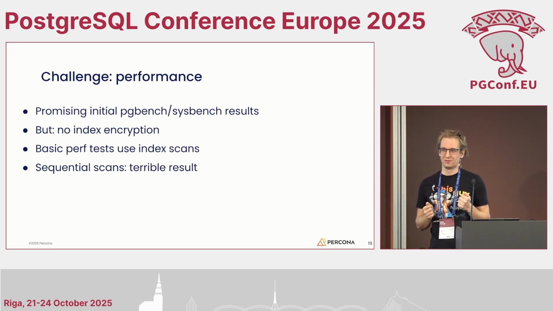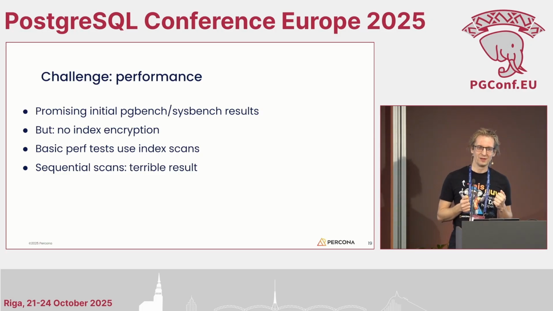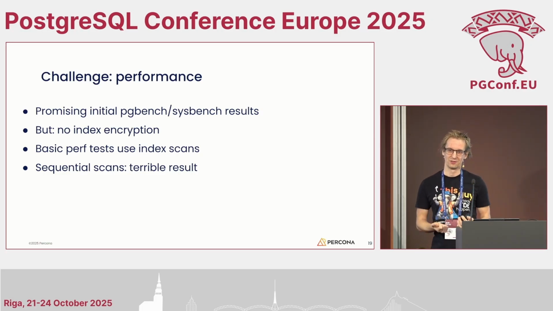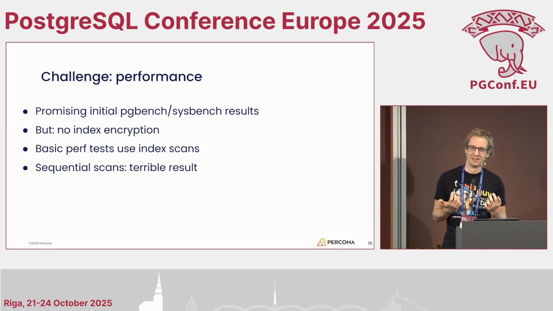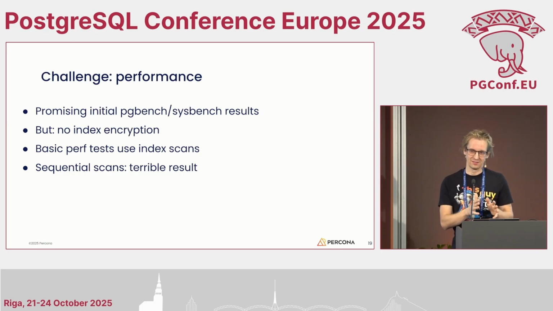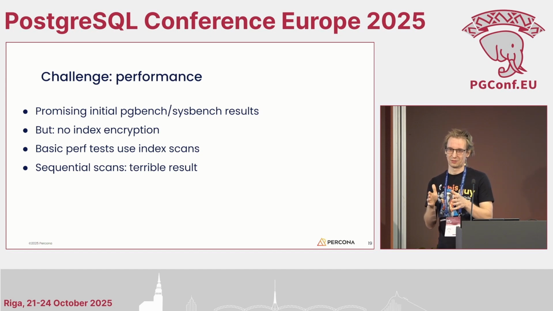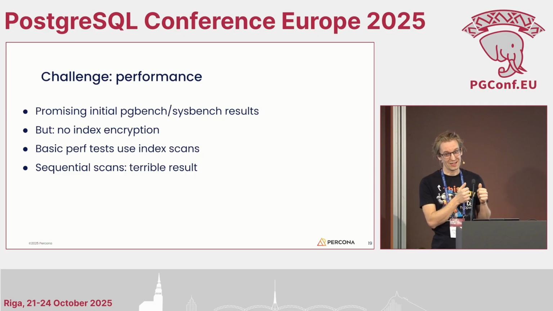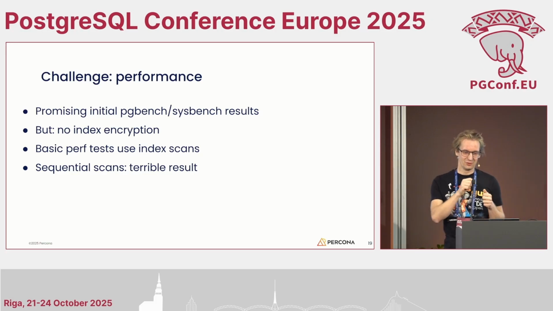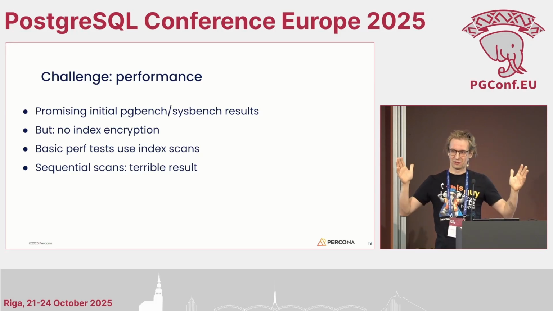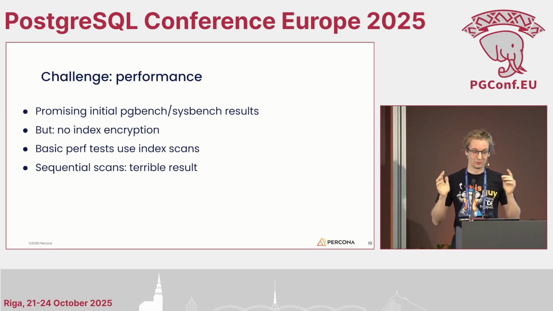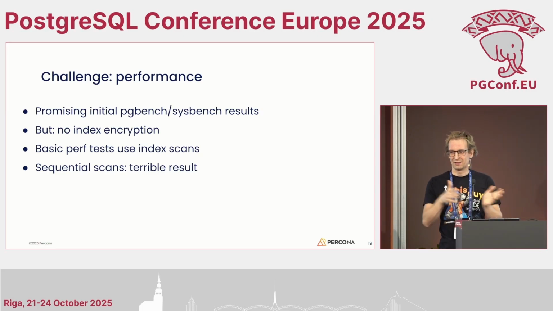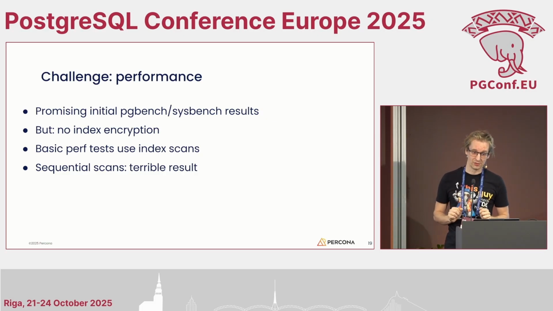But then the thing is, we didn't have index encryption. And all those basic tests that people usually use for testing the performance of databases use index scans. So actually, very little time in those tests is spent on reading or writing actual database rows. Most of the time is spent in indexes. Because of this, after a time, we tried sequential scans and realized that we have a terrible performance drop there. Because if you have to read every record and you decrypt everything in small batches instead of entire pages, that takes up a lot of time. And then we also had to allocate memory, free memory, and so on. It had lots of overhead.